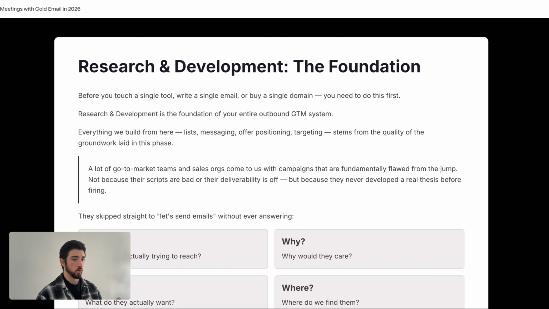So starting off, we're going to start with research and development, and this is the absolute foundation. And this is probably one of the most overlooked steps within the whole outbound campaign creation process. Most companies think they know everything there is to know about their market and their general positioning within the market. But to their surprise, there's a lot more that they can uncover that they're missing out on